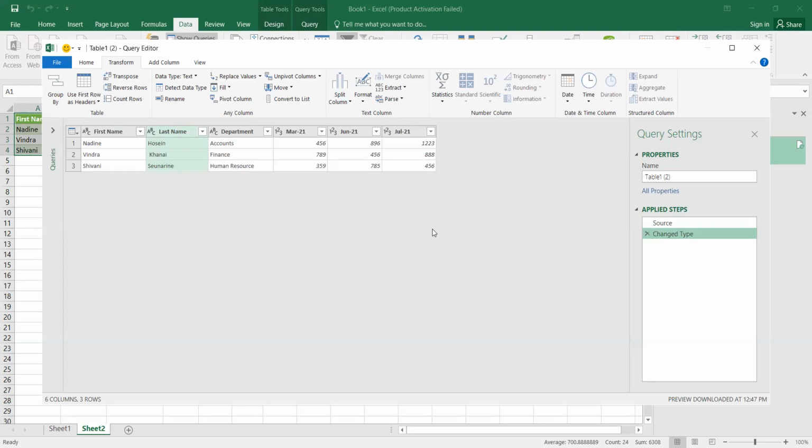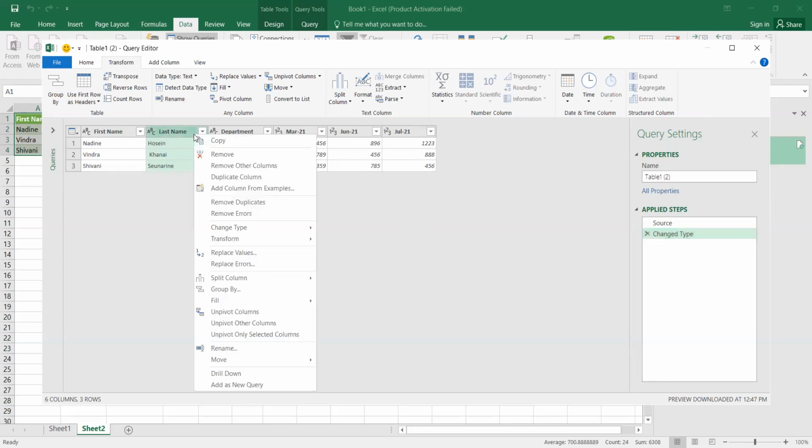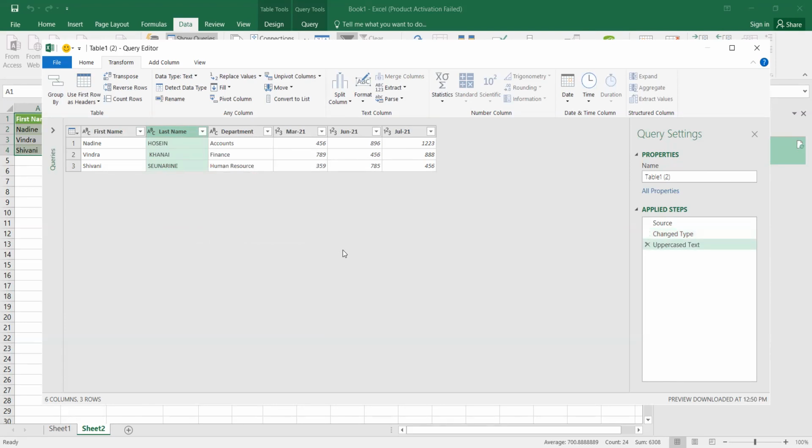Now you have last name highlighted. Let's right click on last name. Great. And you are seeing things that you could do, right? You could say rename, split column, change type. Go to the word transform for me though, transform. And you see uppercase. I want to click uppercase. Great. So what I'm trying to say is that you could do structured data using Power Query in